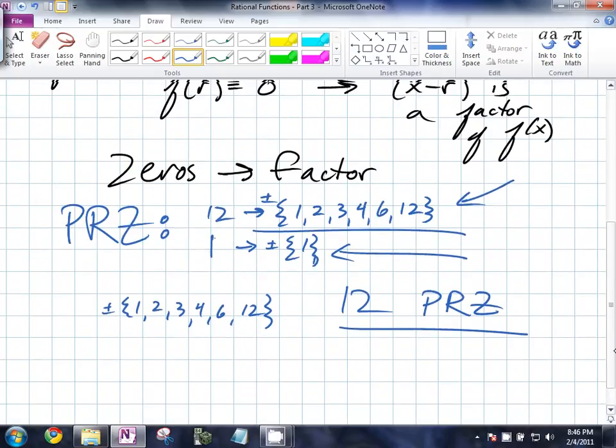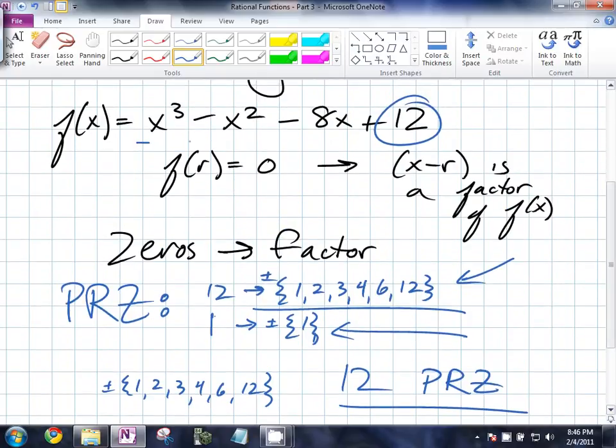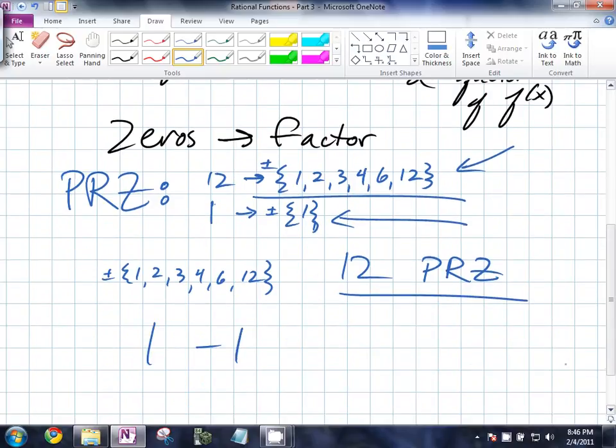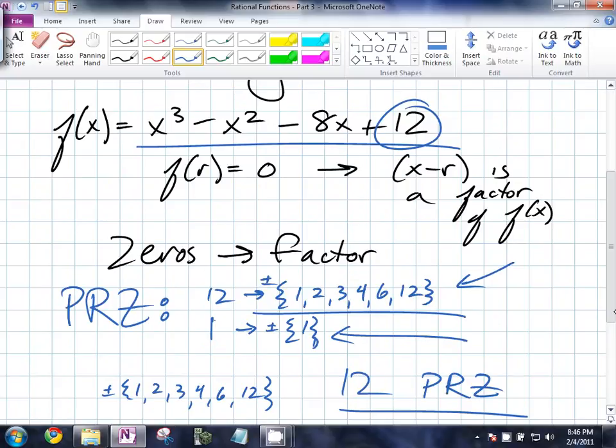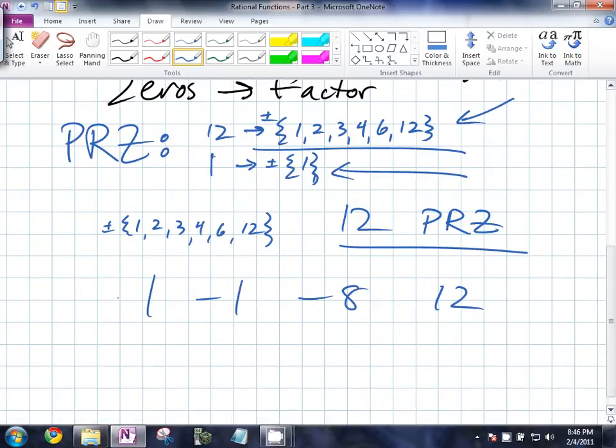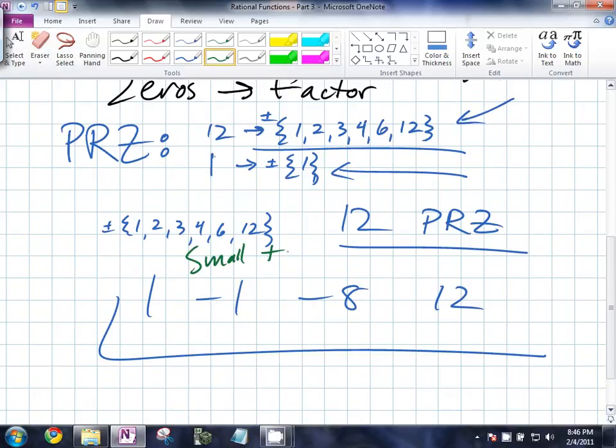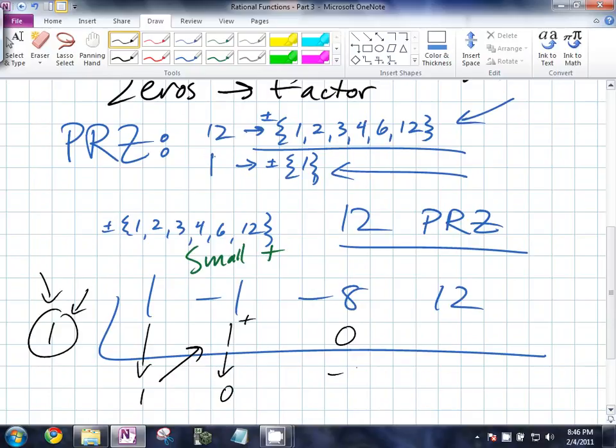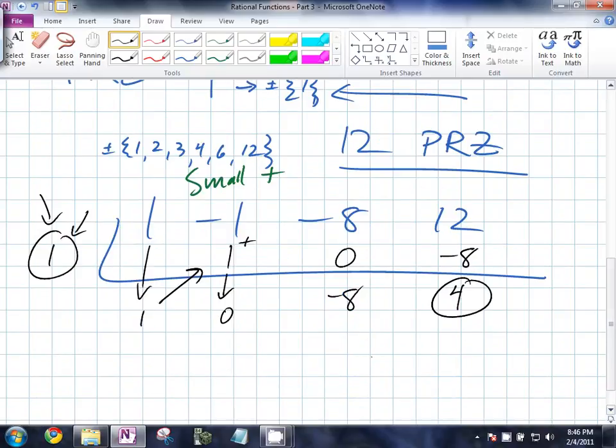So now let's test this polynomial using the coefficients 1, -1, -8, and 12. I want you to start by using the small positive potential rational zeros. So let's start with 1. We drop down 1, multiply by 1, add them together to get 0, multiply by 1, 0, -8, multiply by 1, you get -8, and you get 4. That tells us that f of 1 is equal to 4, which makes us sad because we want it to equal 0. So let's move on to